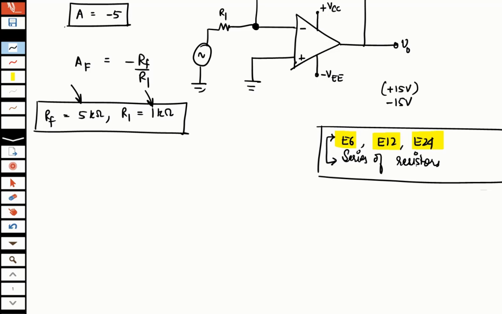Because if you go to the market and simply ask for a resistor of 113 ohms, you will not get it. There are certain standard values of resistors, and only those values would be available. These standards are made so that there is uniformity across manufacturers as to what values of resistors they will manufacture. So please keep in mind the standard values.